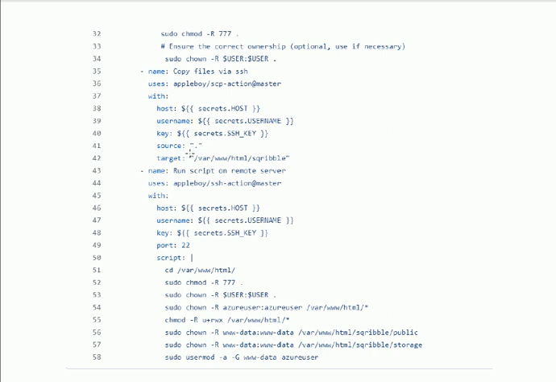Source means from the local source. Dot means from the local server on the build runner. Our target is the path /var/www/html/scribble, because our code exists at this path. So our source is the host and our target is this path.